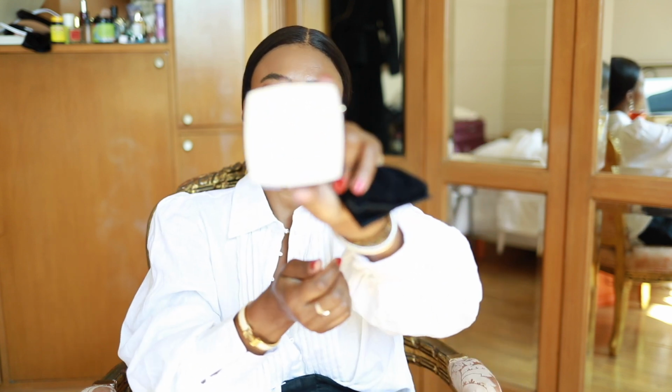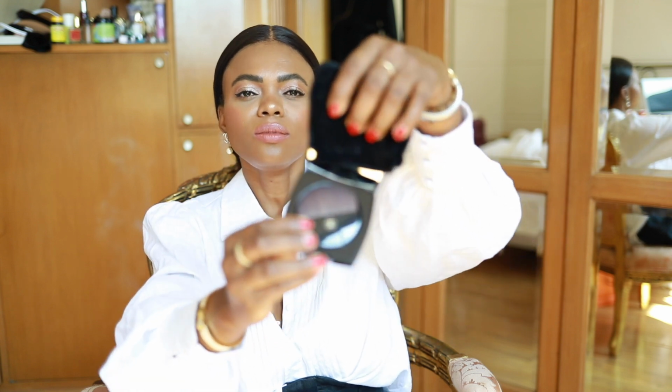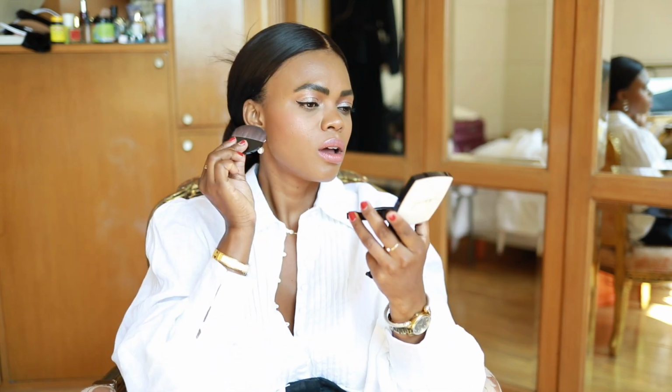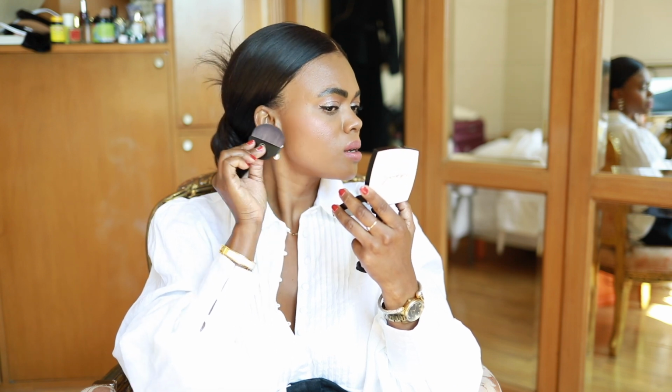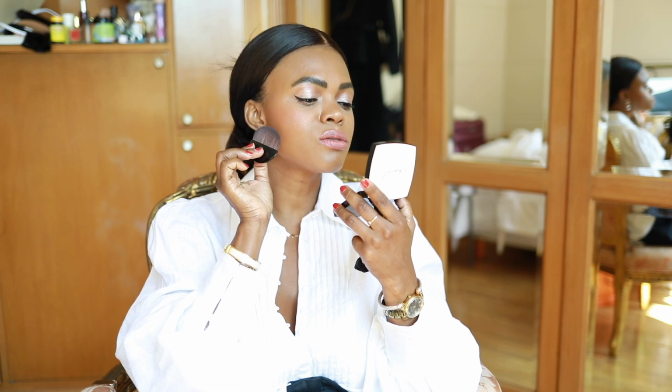Again, the packaging, because it's still a beige, it's the same color as the slingback that I have, you know, black and beige. It's just so stunning. And then when you open it, you have this little brush that I never use. I actually just throw these out. But they come in handy though. I think this would be a really nice brush to actually use